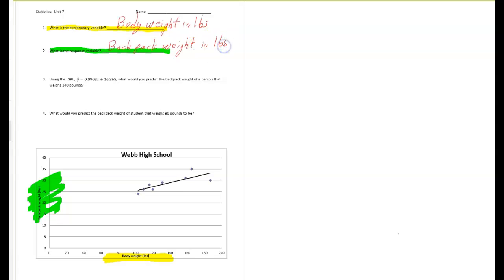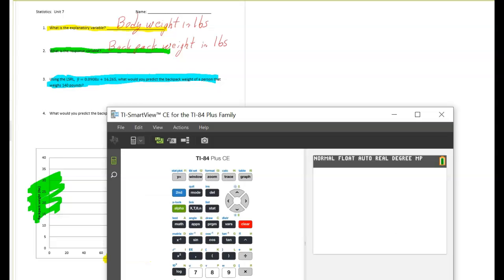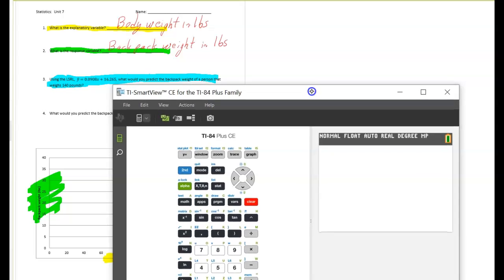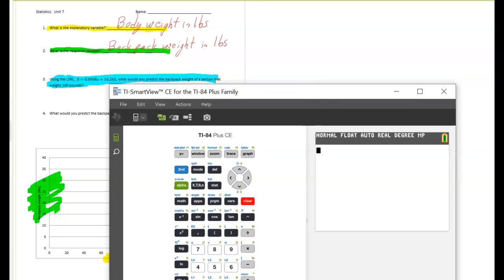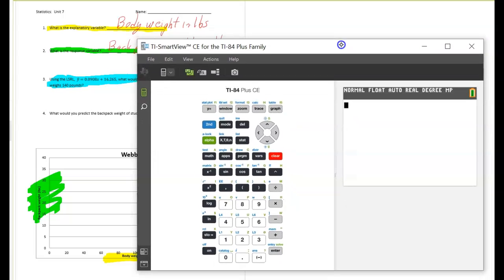in pounds. If you look at problem number 3, the third goal of this problem is to make a prediction if someone weighs 140 pounds. So if we pull out our calculator, we want to use that least squares regression line. So we're going to type in the equation. So we would do 0.0908 times 140 plus 16.265, and when we hit enter, we'll get the estimated backpack weight to be